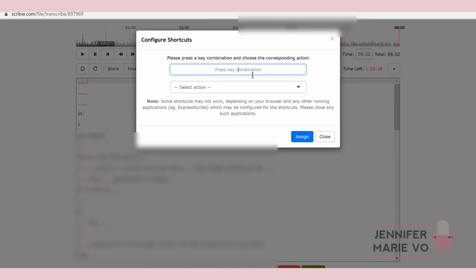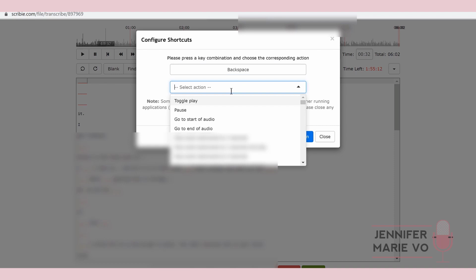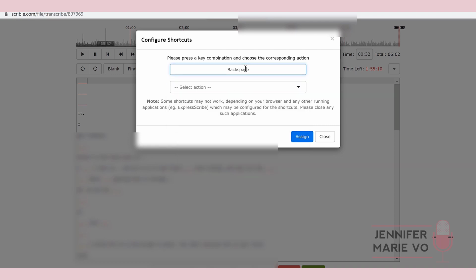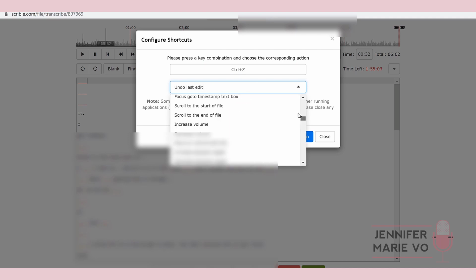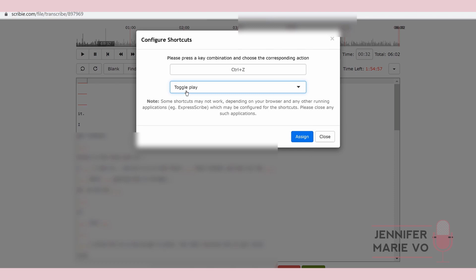Let's click on that. So let's say, for example, for me, all these F1, F2, these kinds of keys aren't working because of my type of computer. For example, if I press F3, it'll just adjust the brightness of my screen. So let's say here I want to use Control Z, and here they have it as undo last edit, but I can change this to anything I want. So if I want to make this the play or go start of audio, I can decide to do that